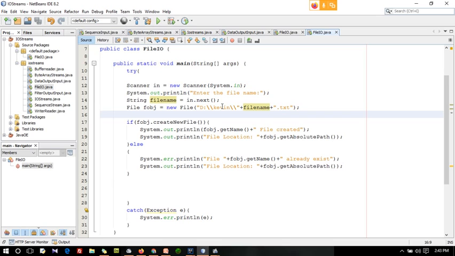The exist method, f object dot exist. Yes, any idea?